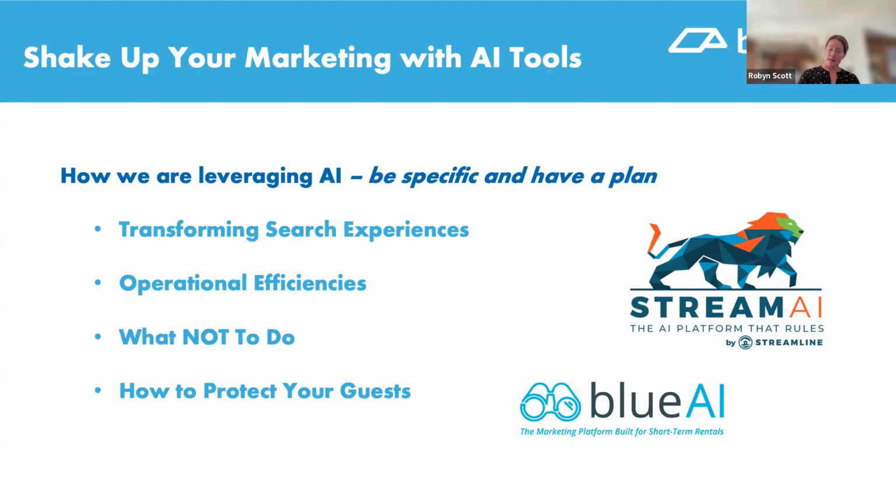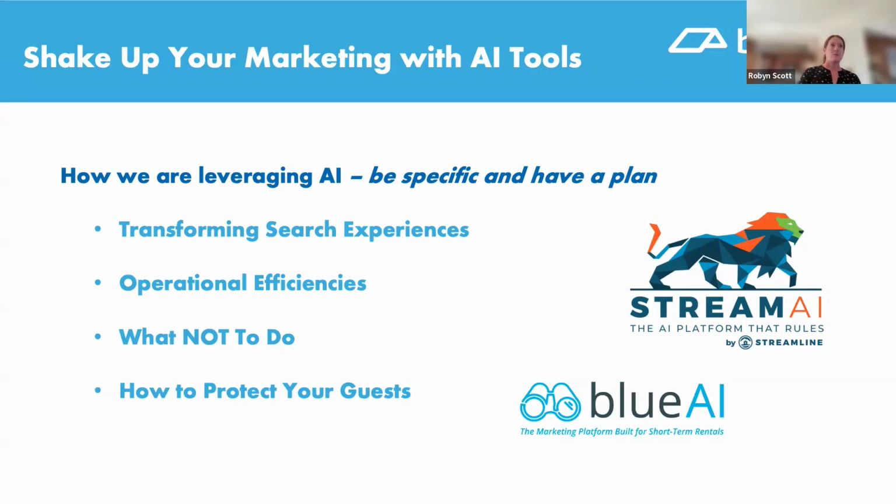And then on the back end of the website, we build all of our sites on content management platforms. On the back end of the sites, we're incorporating AI into content, to help you do blog development, description development. It's really not a set it and forget it. We always want you to humanize that copy, but it's a great way for those of us like me that sometimes struggle with inspiration. We can leverage those content tools on the back end of the website, or in software. Streamline has an AI feature as well to really help us do content development. And then you can humanize it and make sure that it's optimized for search engine optimization.